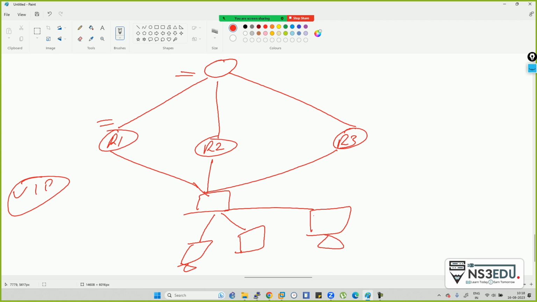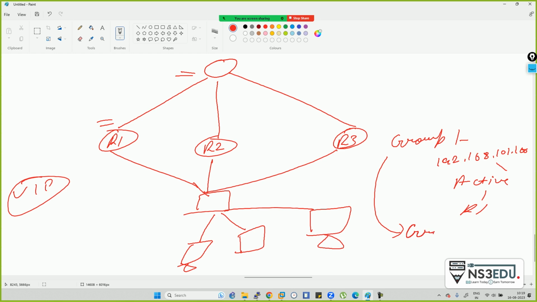और हर एक में डिफॉल्ट गेटवे में एक नया वर्चुअल आईपी दोगे, ठीक है। सपोज आप लोग 3 ग्रुप क्रिएट करोगे। ग्रुप 1 की वर्चुअल आईपी 192.168.100.100, जिसका एक्टिव राउटर R1 होगा। सेम ग्रुप 2 के लिए होगा, इसकी वर्चुअल आईपी 192.168.100.200, इसका एक्टिव राउटर R2 बनाओगे। और सेम ऐसे ग्रुप 3 को क्रिएट करोगे।